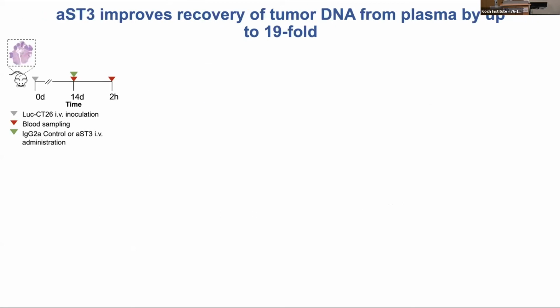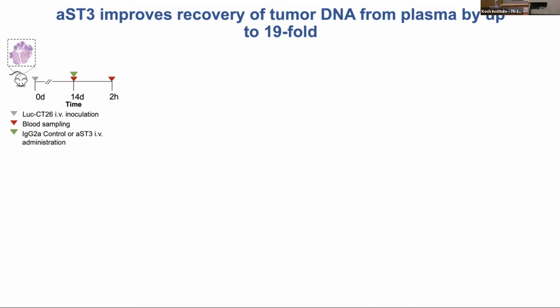And so similar to the nanoparticle work, we turned to a lung metastasis model where we have a panel targeting the mutations in this luciferase CT26 cell line, and we're able to detect these mutations in the plasma of these mice. And we injected these mice with either unrelated IgG2A control antibody or our engineered variant, and then sampled blood